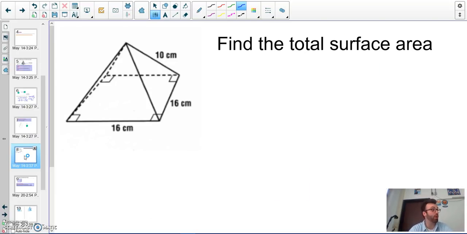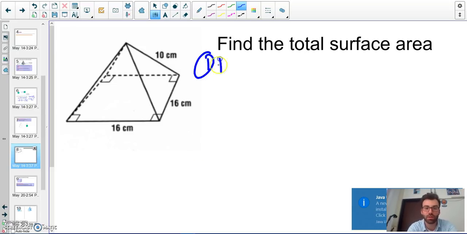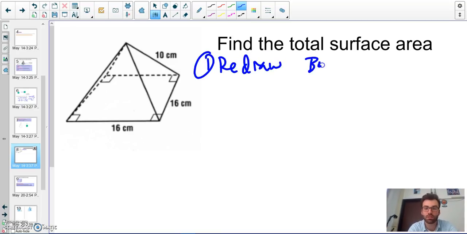When finding the total surface area of a pyramid, just like when we talk about prisms, the first thing I want to do is redraw the base. That's step 1. So here's my base. Looks like it's a square. So I have a square base,